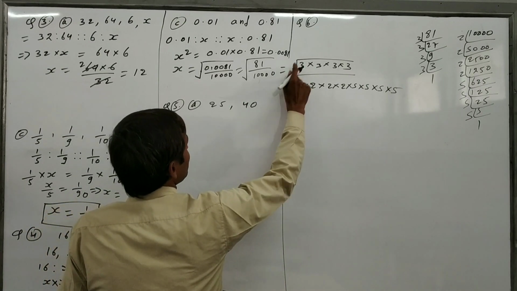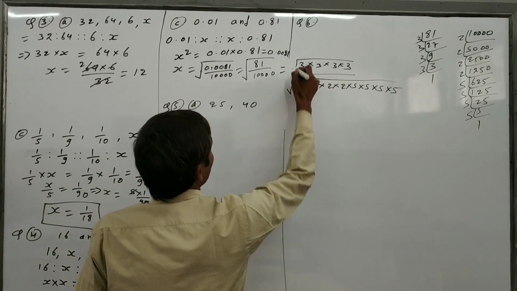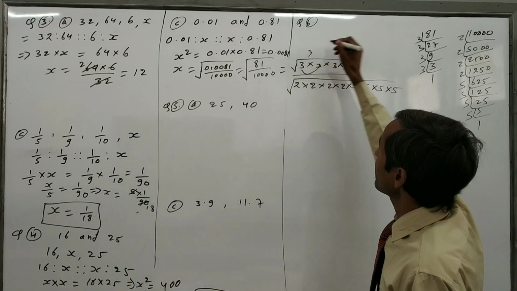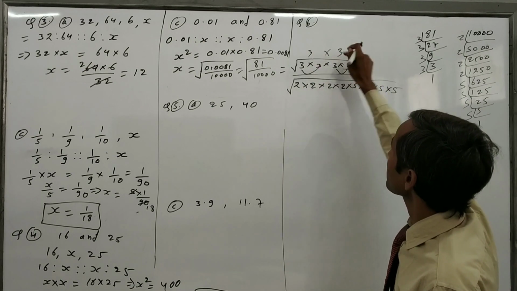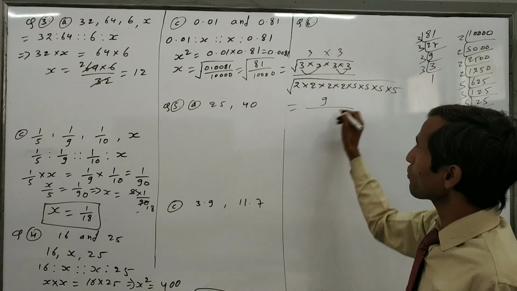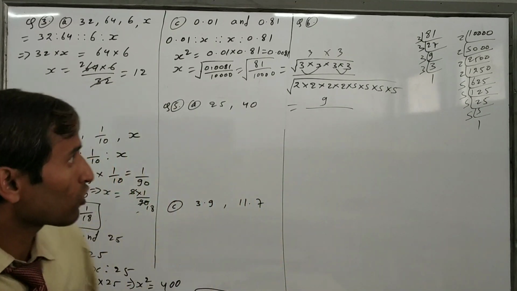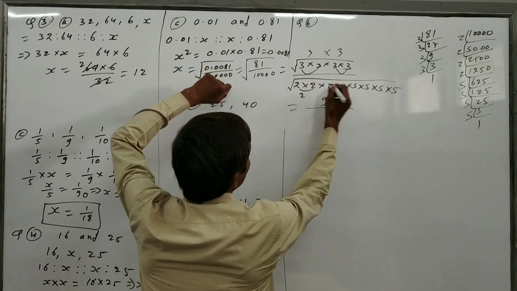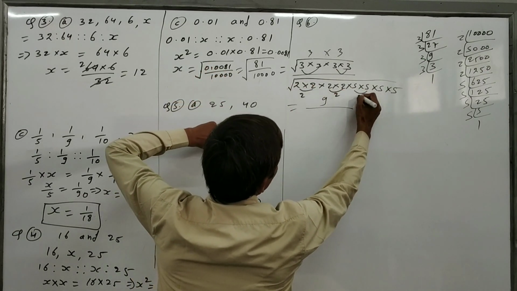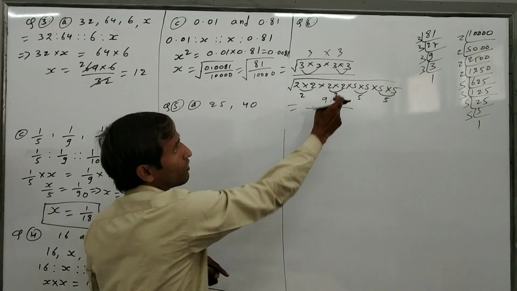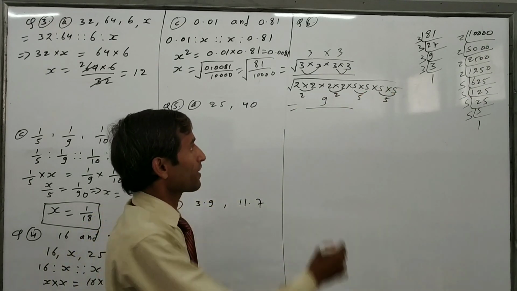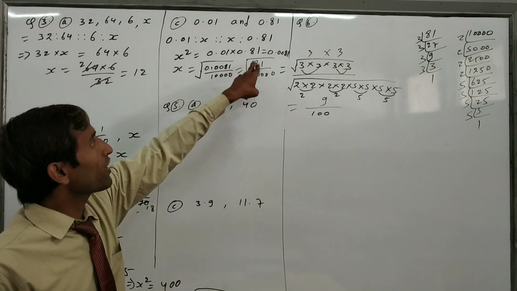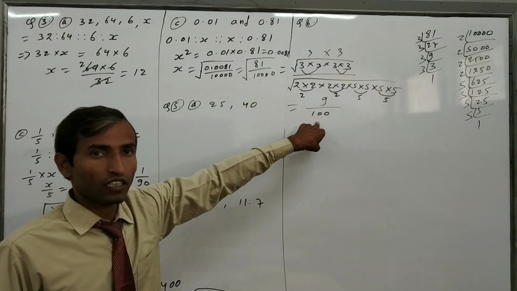So we will write down like this, a separate square root of this and a square root of this. So this 3 will come outside, one 3 will come outside, then this 3 will come outside, then multiply, it will come 3 3 is 9. So the square root of the numerator is 9. Then we have to find the square root of the denominator. Then this 2 will come outside, so we will write down here 2. And then this 2 will come outside, then write down 2, then this 5 will come outside, this 5 will come outside. So 2 2 is 4, 4 5 is 20, 20 5 is 100. So the square root of the denominator is 100. After finding the square root, the square root of 81 upon 10,000 is 9 upon 100.